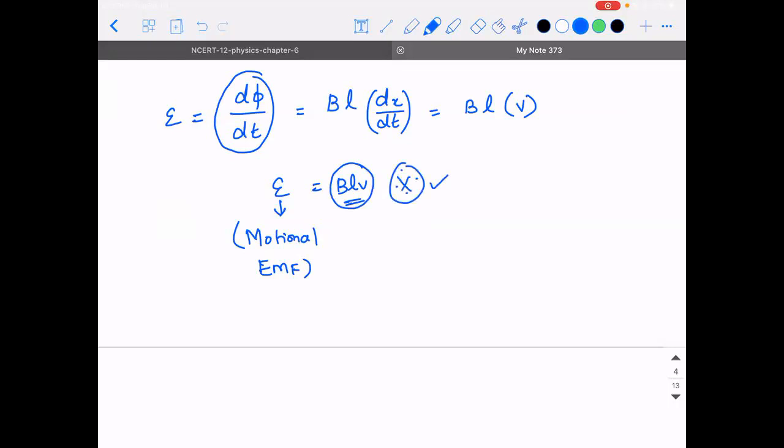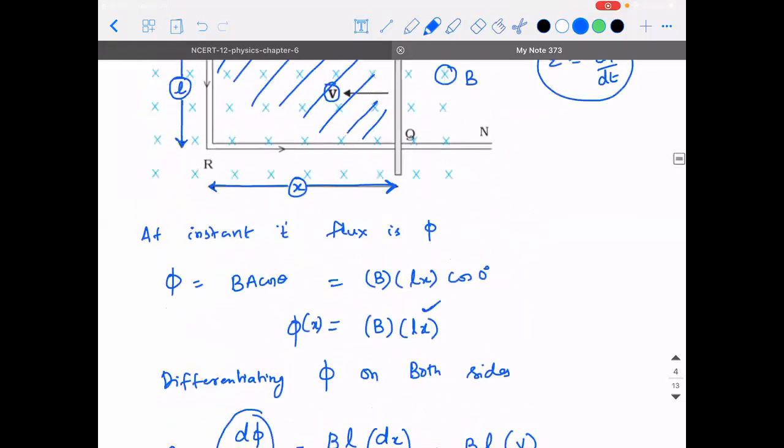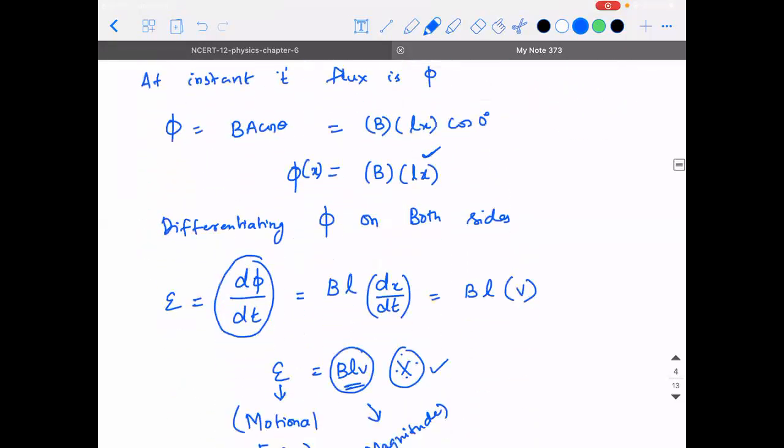If you observe, I wrote only the magnitude here, right? Everything is written only in terms of magnitude. But when I say EMF, then you need to talk about the polarities that are getting generated at the ends of the conductor also. How do we do that? Lenz's law. That is where we need to apply Lenz's law. Okay. So first write it down.